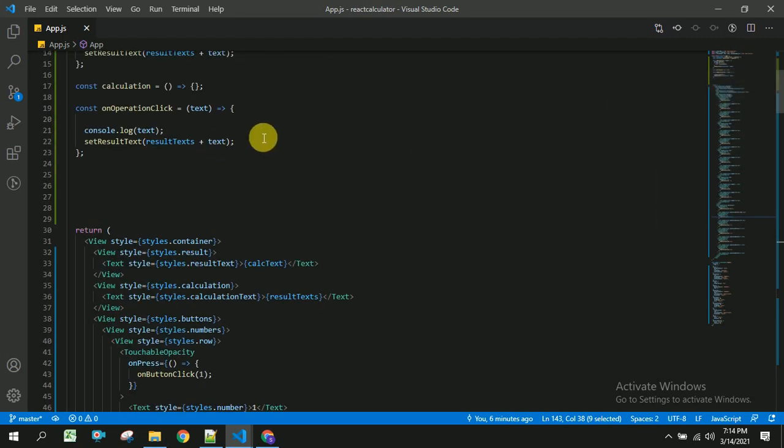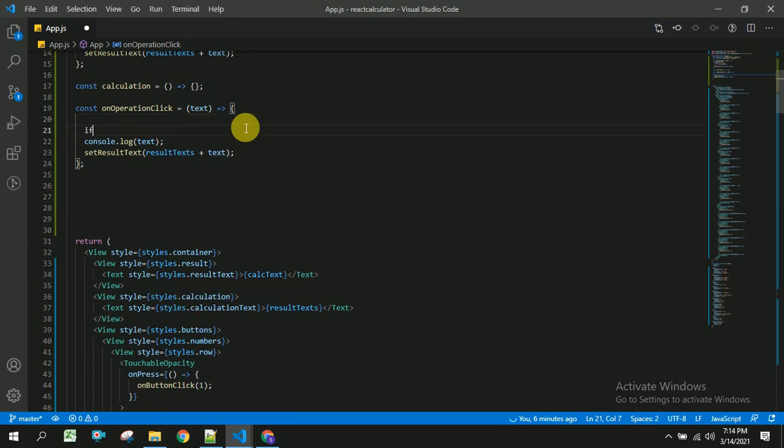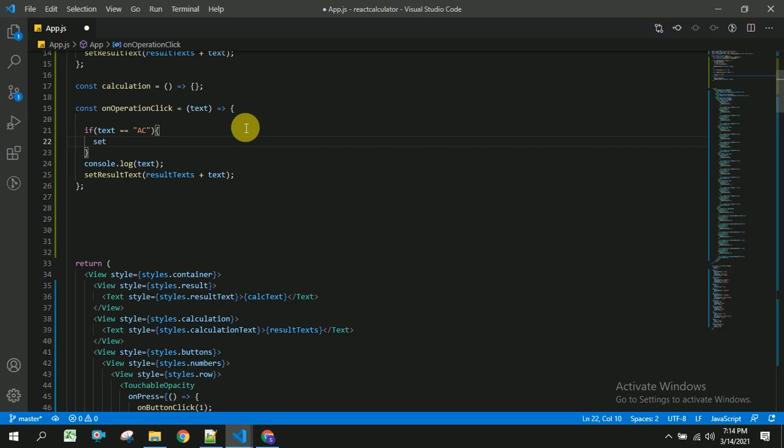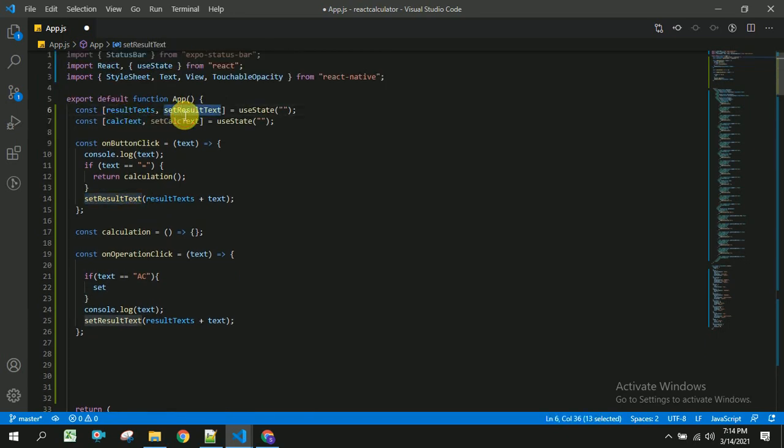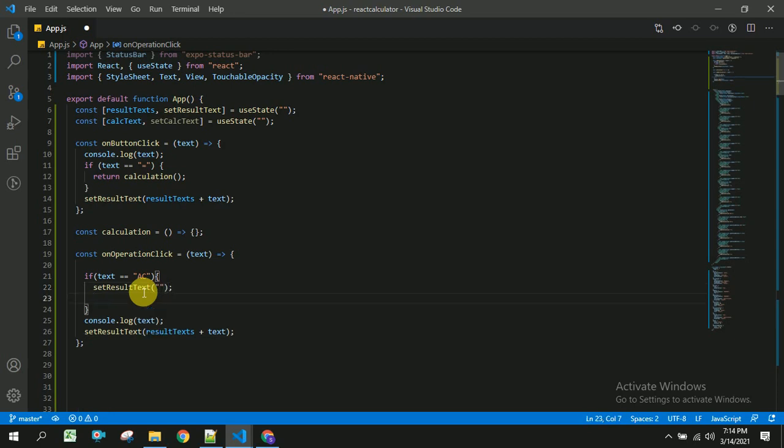So if the user clicks on that, if this text is equal to this, then we have to set this result as empty, and we have to set the calculation text as 0, or you can specify both as empty.